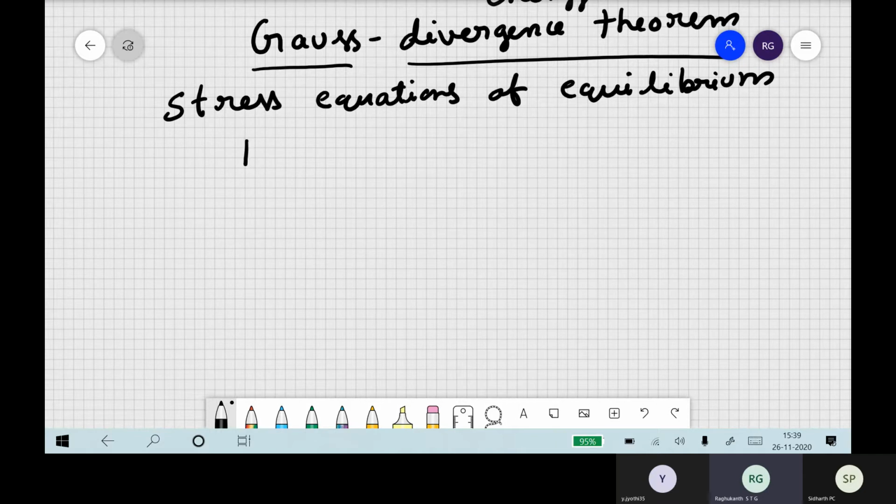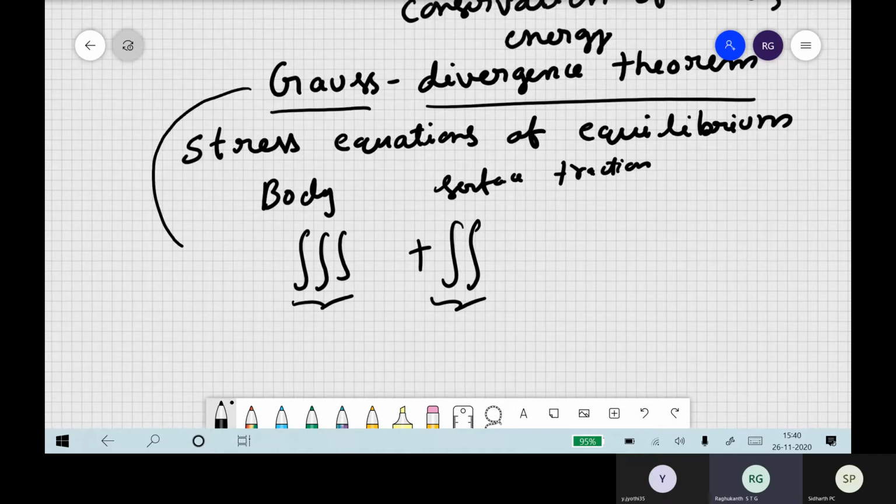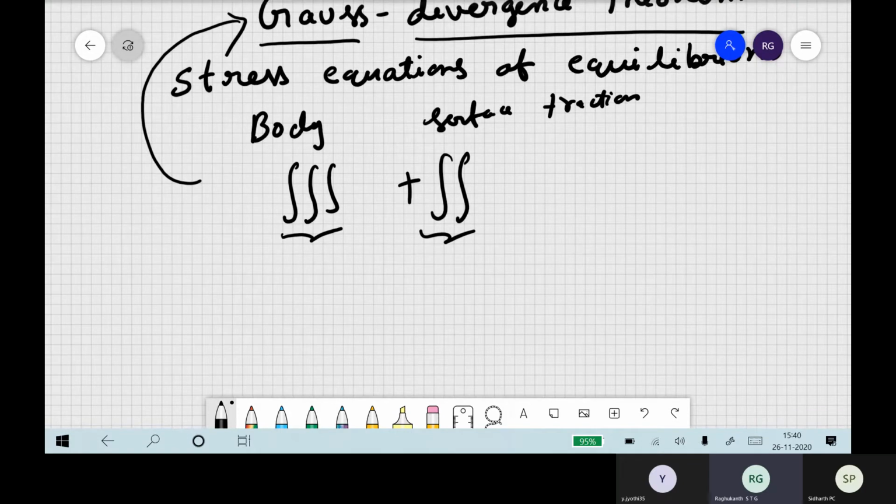We have two types of forces. One is body force, then another one is surface traction. So body forces are volume integrals, okay, whereas surface tractions are the surface integral. So now to convert a volume integral or a surface integral, say, into this one, we use this Gauss divergence theorem. So using Gauss divergence theorem, you remember, wherever this area you followed, right, dv or something, you write like this.